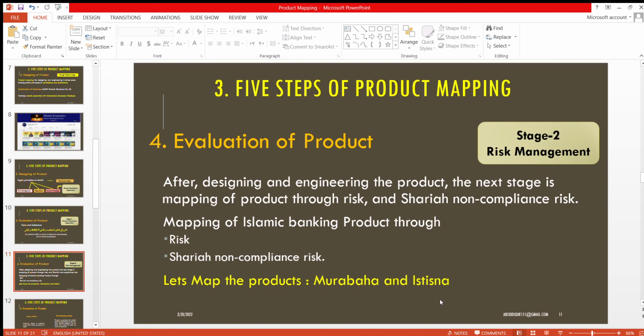So the next level of product evaluation is the risk management department. After designing and engineering the product, the next stage is mapping of the product through risk and Sharia non-compliance risk. Mapping of Islamic banking products through risk and Sharia non-compliant risk is a very important stage, because this stage decides whether the product will be successful or not, because if there is any negligence